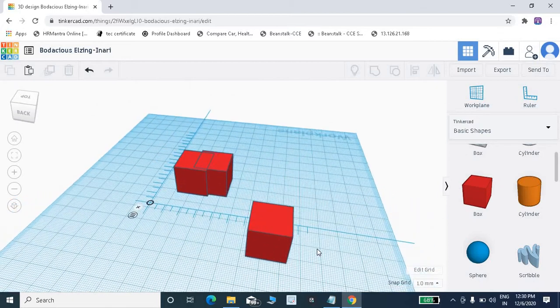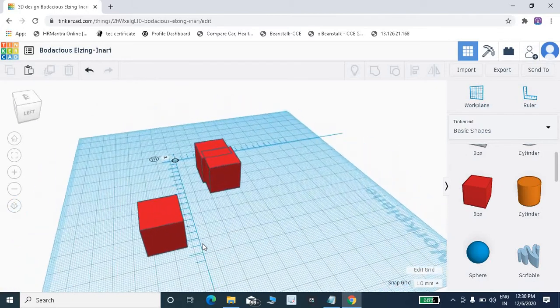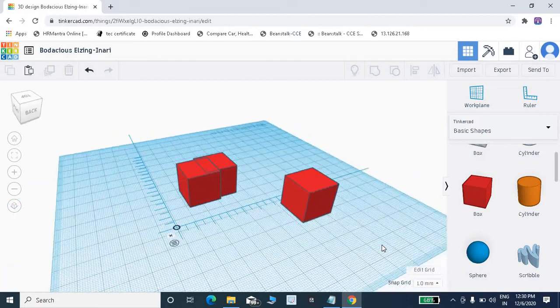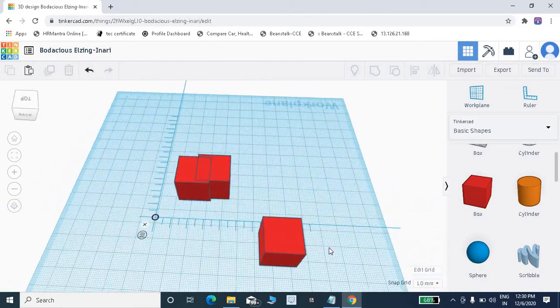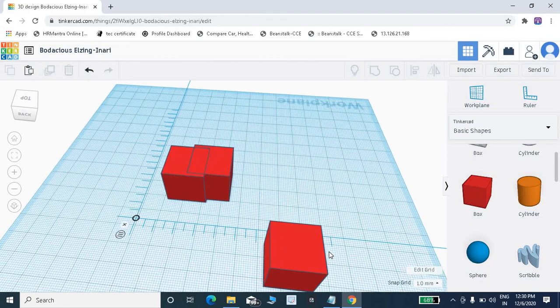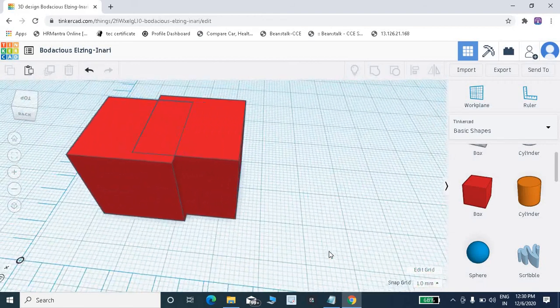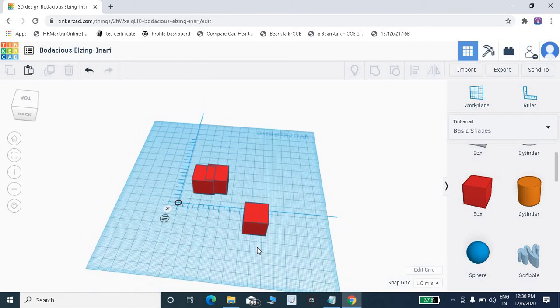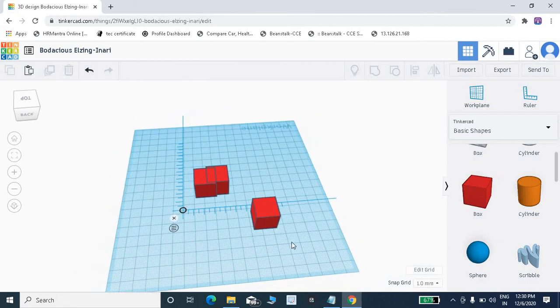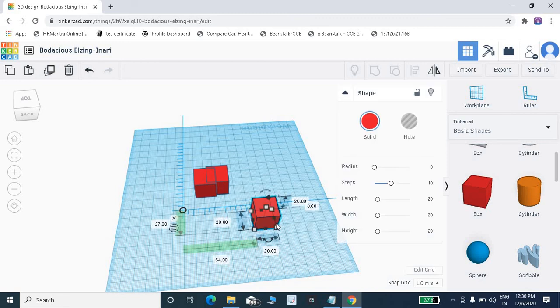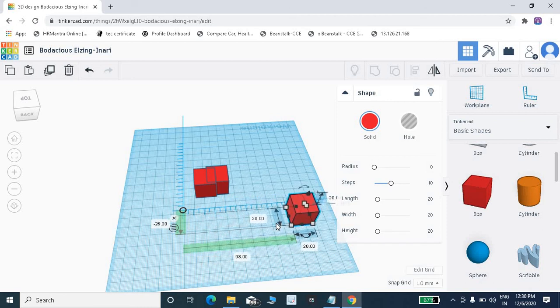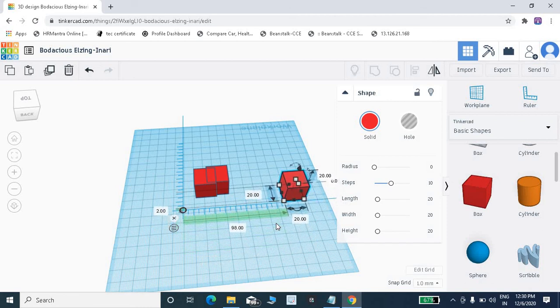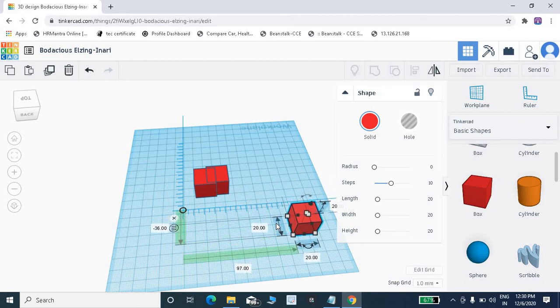Just right click on the work plane and hold it and you can see your object from different angles. And by using the scroll button you can zoom in and zoom out. Okay, and one more feature, by using the arrow keys you can move your object to a different location. Like this one.